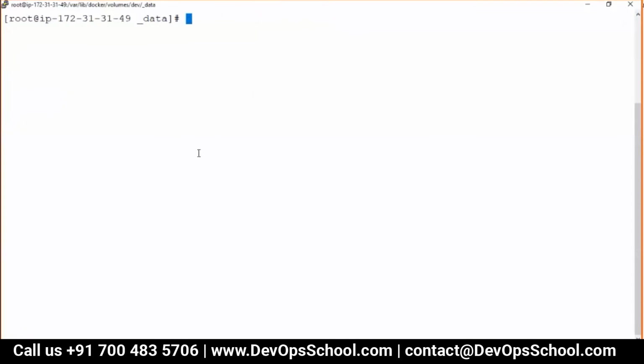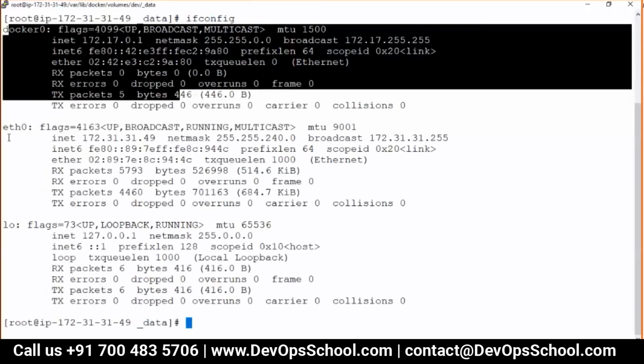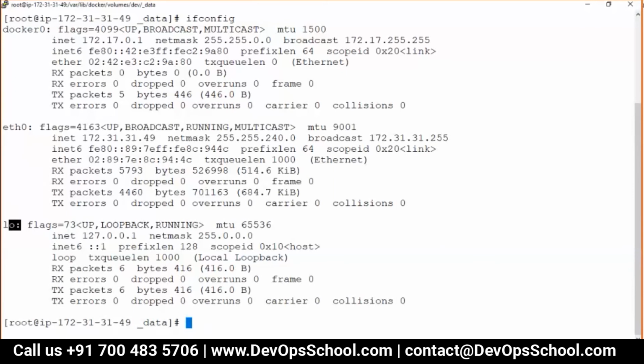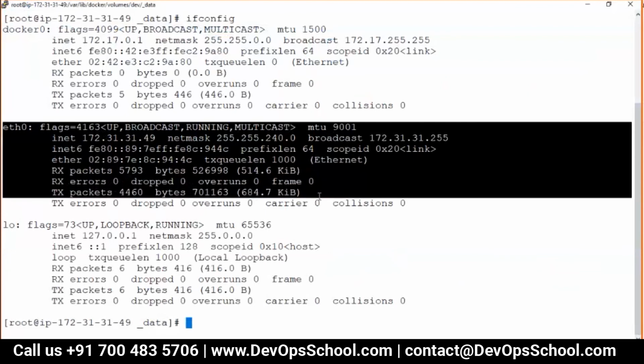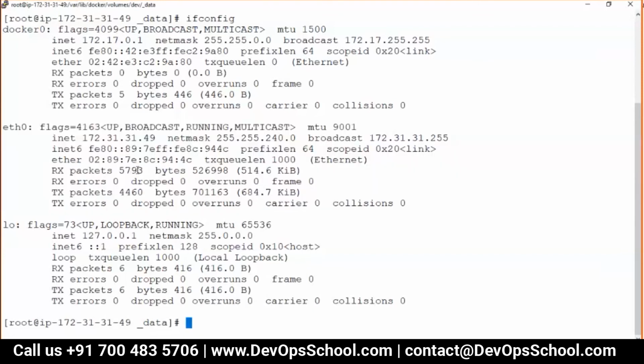Now I'll show you the ifconfig. You are familiar with ifconfig? Don't look at this one, only look at this one. Each machine will have these two: this is the ETH0 and this is the loopback for the local loop. So ETH0 is here. This ETH0 means one namespace. If you get two namespaces, two ETH0s, three namespaces, three ETH0s, like that. But unfortunately, because of the VPC concept, each host gets by default only one network.